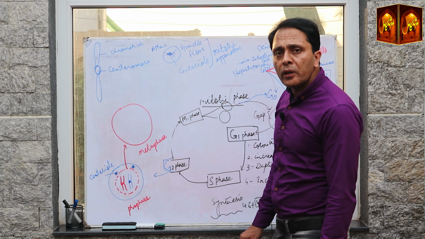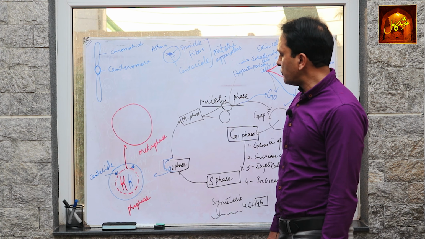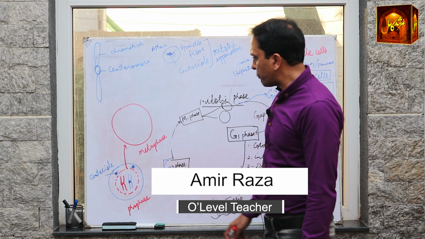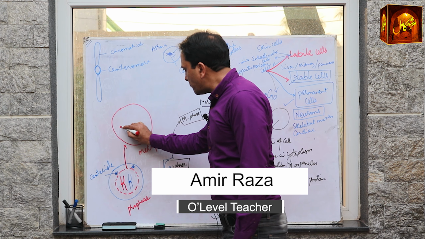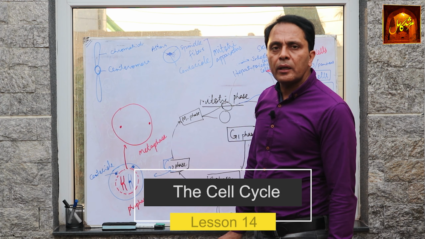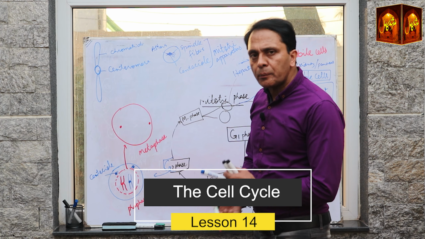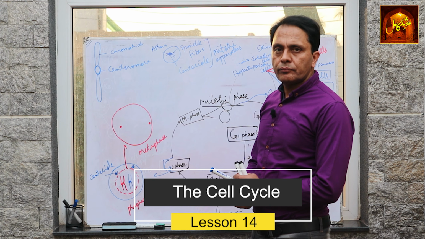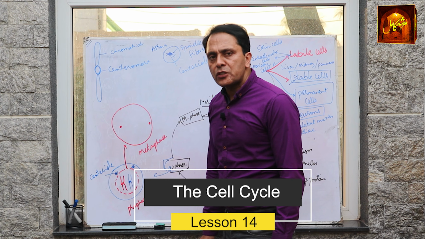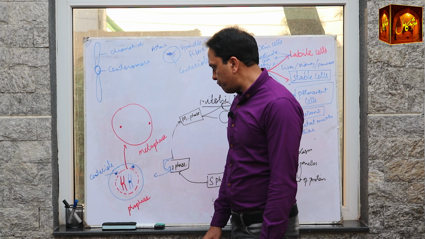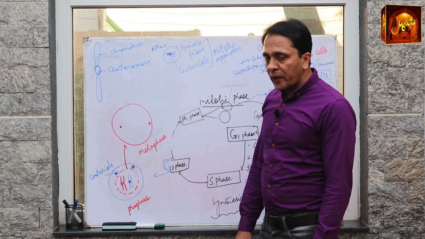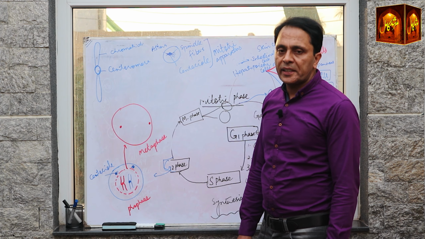what changes will we observe? We observe over there that the nuclear membrane completely disappears. The nuclear membrane is phosphorylated and disappears. So what happens in metaphase we will discuss in our next lesson.